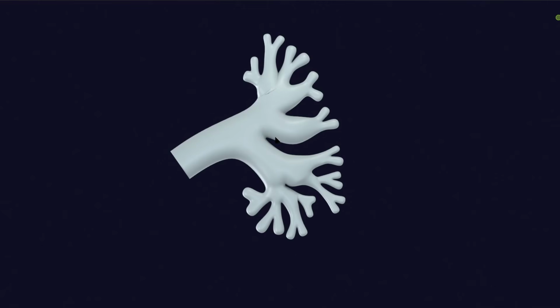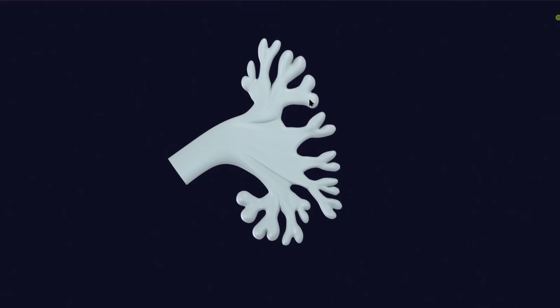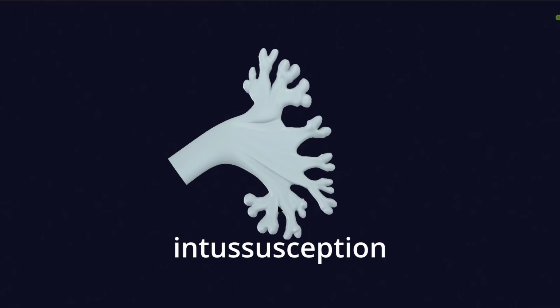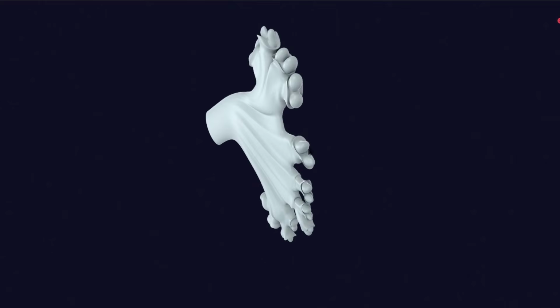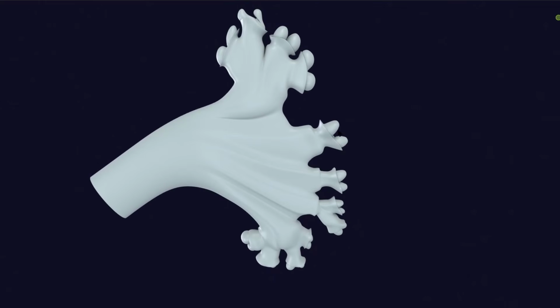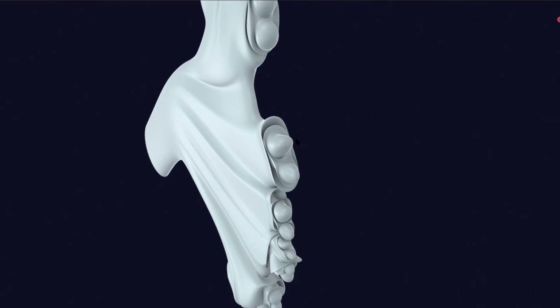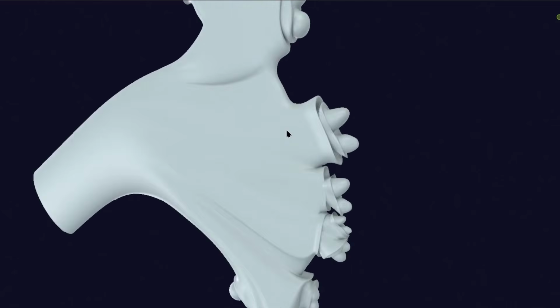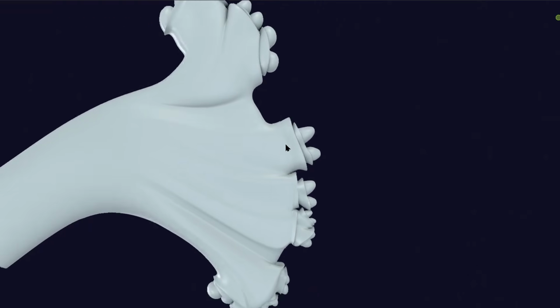Now what will happen is that this divided and subdivided part, its proximal part, will expand and dilate, and the other parts will slide within each other, and this is called intussusception. Let's see the animation. You can see they are going inside each other, sliding into each other like this. One structure slides into the other structure, and that structure will ultimately slide into the previous structure, and this is the process of intussusception.